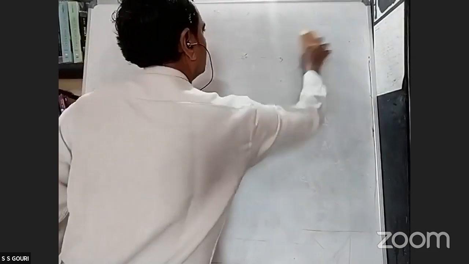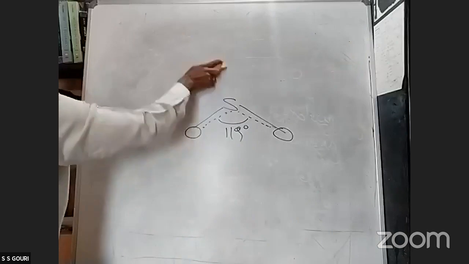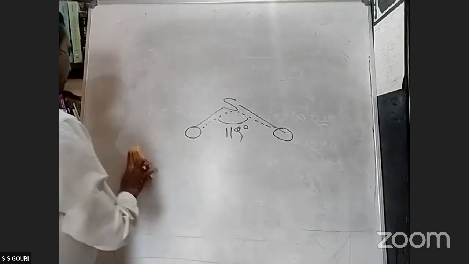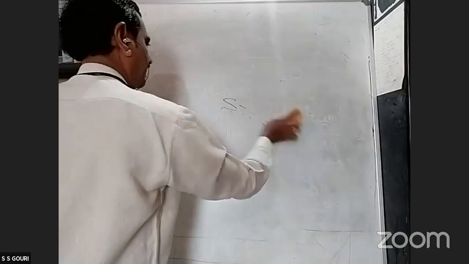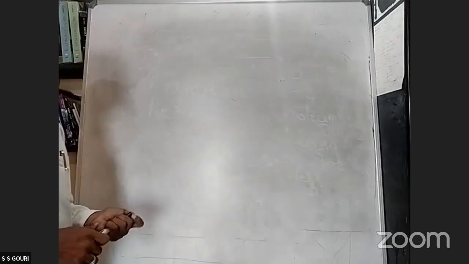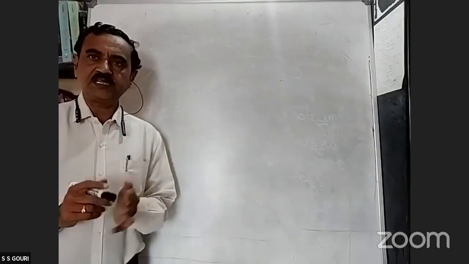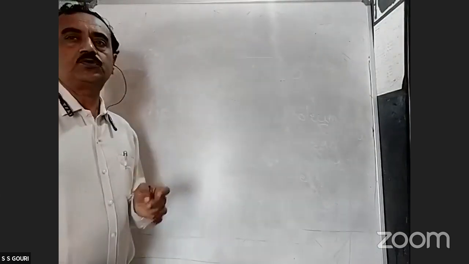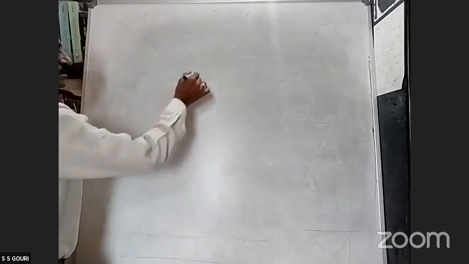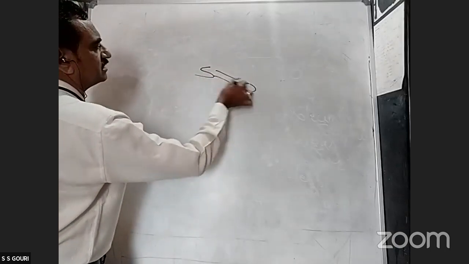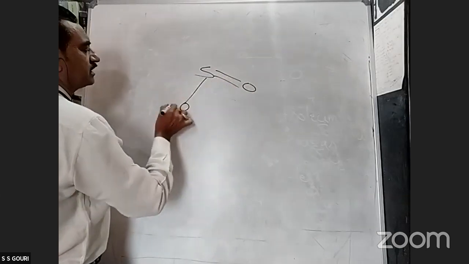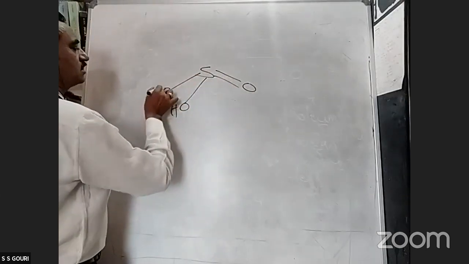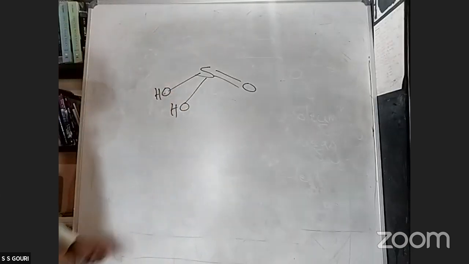And now we'll deal with the oxo acids of sulfur. So what are oxo acids? Is the time up? We will continue the discussion in the next class. H2SO3, H2SO4, H2S2O7, H2S2O6. S double bond O, OH, OH. This is H2SO3,